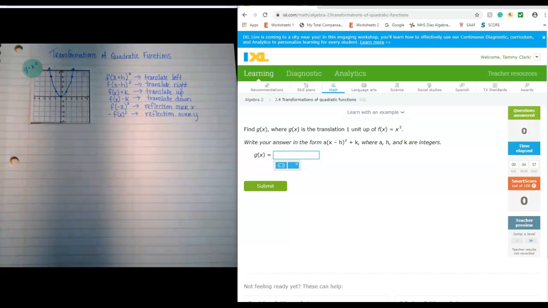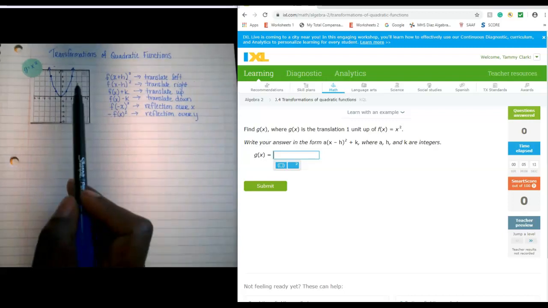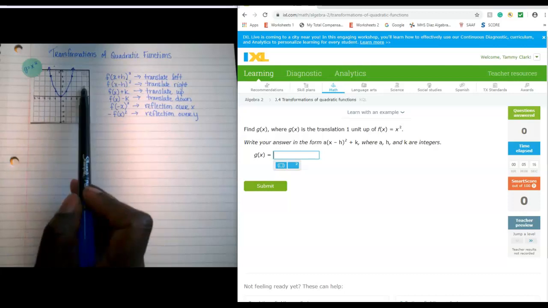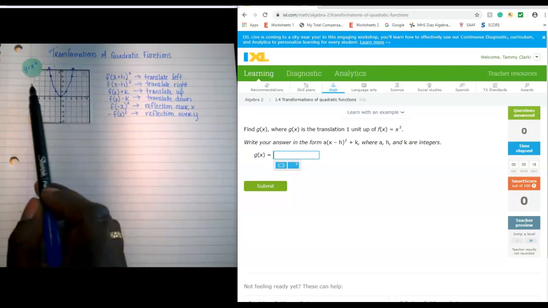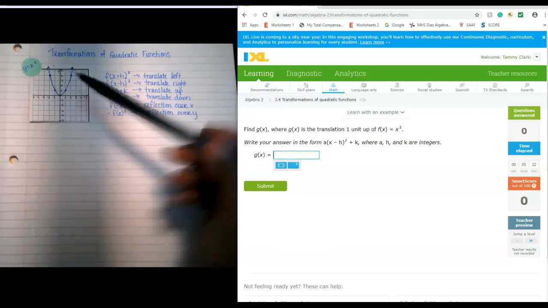Good evening. Today we're going to look at transformations of quadratic functions. When we talk about transformations, if you remember from 7th grade, you did a little geometry and talked about transformations. Transformations are just the movement of a figure on a coordinate plane. Sometimes they move right, sometimes left, sometimes up, sometimes down, and sometimes we even